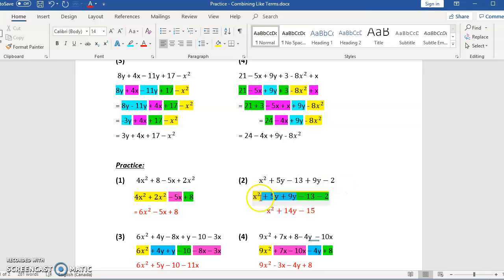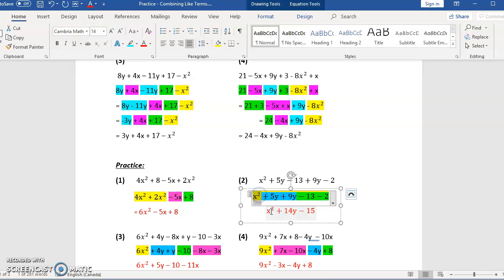How do I simplify that? I can't simplify x squared any further than it already is. That's by itself. What's plus 5 plus 9? 5 plus 9 is 14, right? So plus 14y. What's minus 13 minus 2? So negative 13 subtract 2 is negative 15, or minus 15. It's not minus